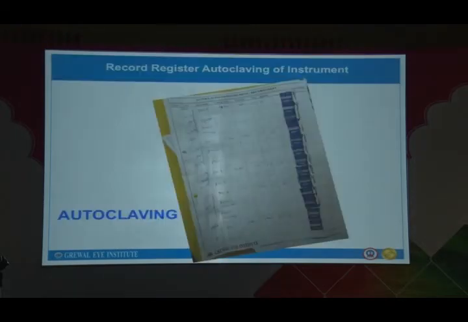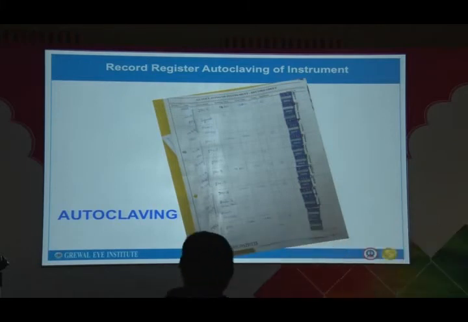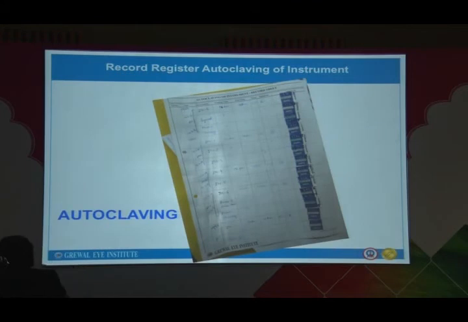And autoclaving is again one main component which is giving the whole system autoclaved, sterile instruments. This is the way we keep the record. For each case there is one set, and in that one set inside the instrument tray there is a bioindicator. That indicator has to be shown to the consultant before he starts the surgery, and it goes into the register where details of the patient are there. So if any patient has some issue, we can go back and see exactly what lot it was and what was done, and we can trace back and do the root cause analysis on this.